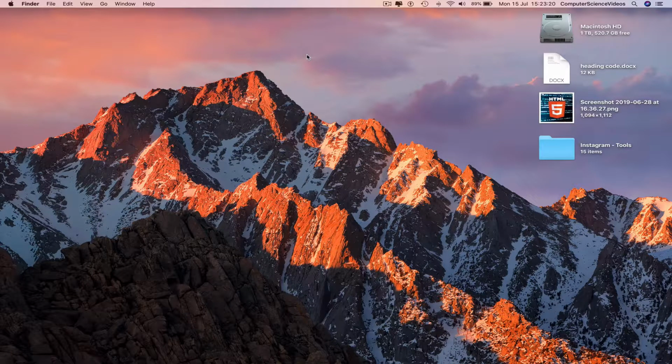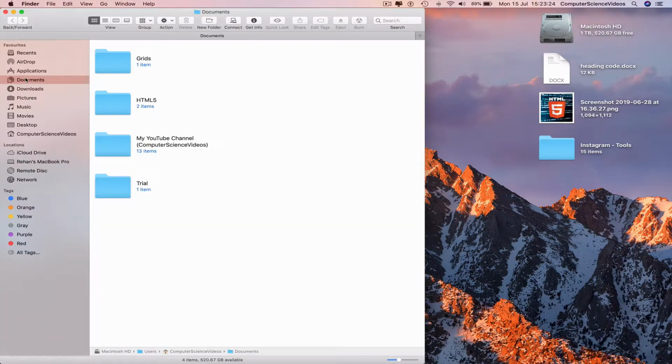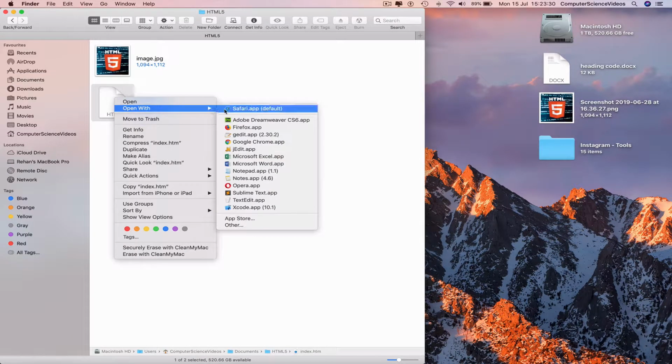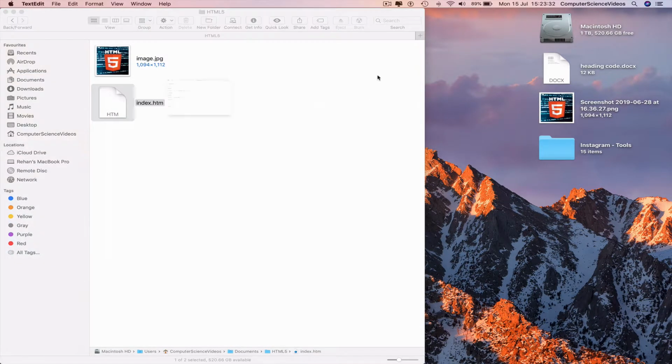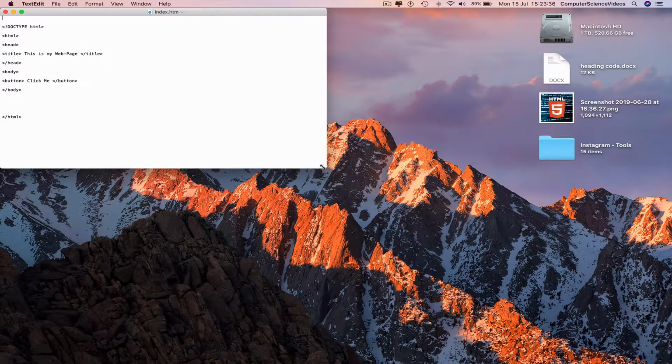So the first thing we need to do is go all the way down to the dock, click on the Finder, navigate to Documents. We have a folder called HTML5. Double click this, right click index.html, open up with TextEdit, close out to Finder, increase the size of the TextEdit file,